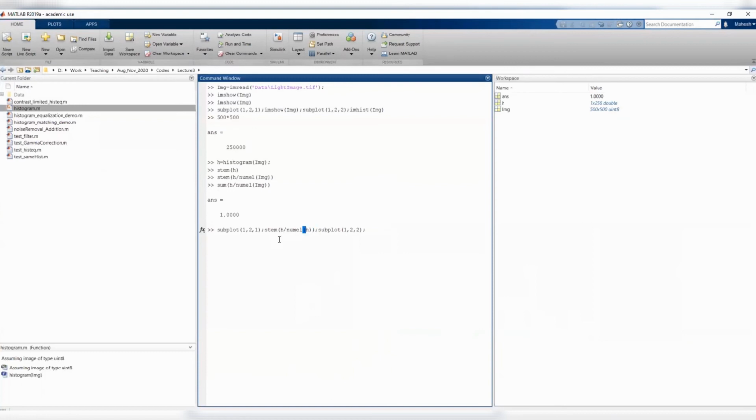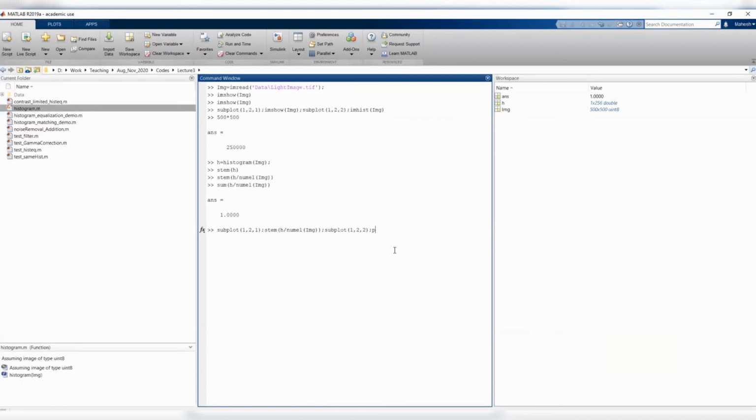Okay, so basically I'm dividing the histogram by the total number of pixels. If somebody is still not understanding it, this is the meaning of it. Oh, not H. Okay, now it's correct. So I'm going to divide my histogram by the total number of pixels, because the histogram is going to give me the number of occurrences in terms of the number of pixels. Now let's make it something like normalized. That's what we are going to do.